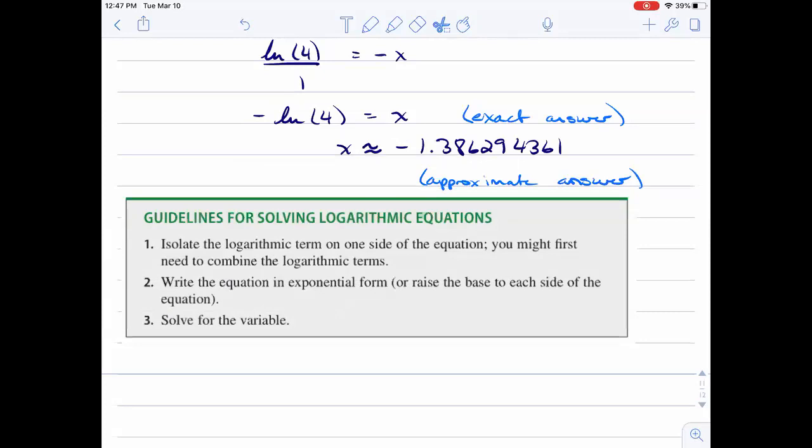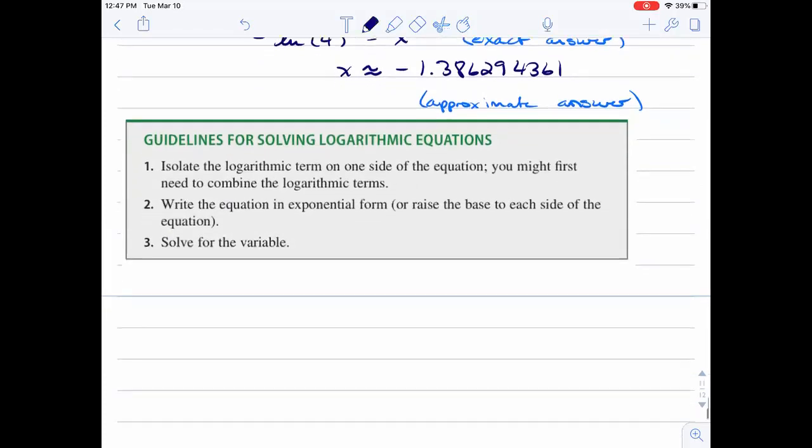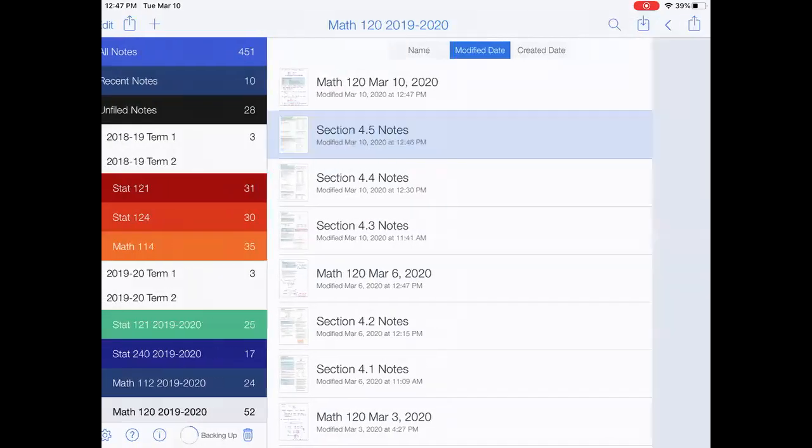This is where you might need to expand logs or compress them or combine them. And then you write it in exponential form, right? So you just raise everything to the power of the base, and then you can solve for the variable. And so if we have a look at some of these problems,